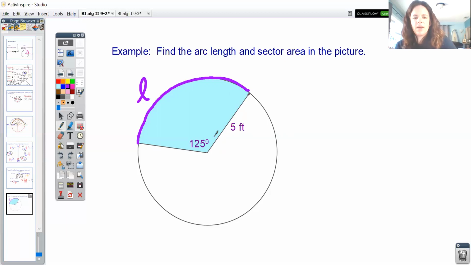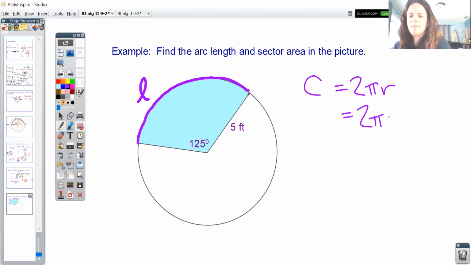So the arc length that I want, first off, let's find the circumference of the circle. The circumference of the circle I know, the formula is 2 pi r. And so this would be 2 pi times 5, which is 10 pi. That would be the circumference of the circle. So the arc length that I have marked out there in purple